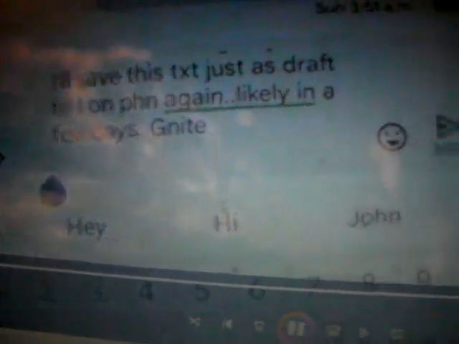But you see what it says there? It says "Hey, hi, John." That's what it used to say a couple of months ago. Every time I started a new paragraph on that phone, it would say "Hey, hi, John." And then I got a few other...